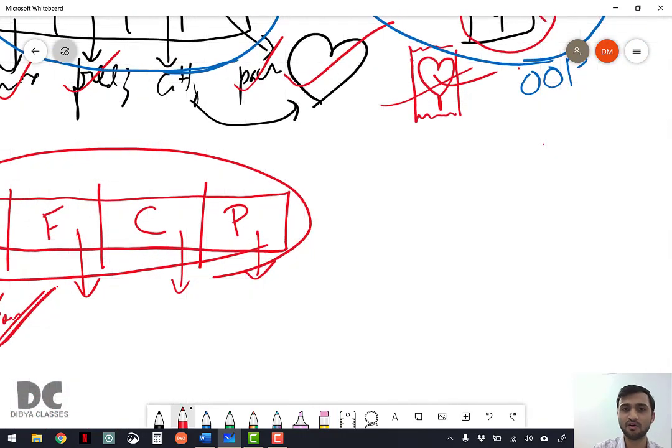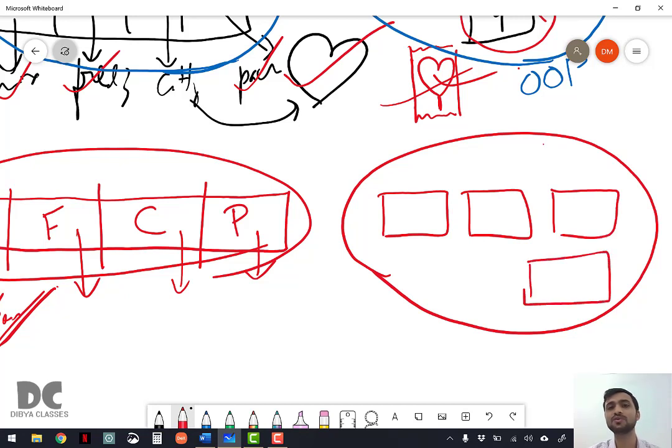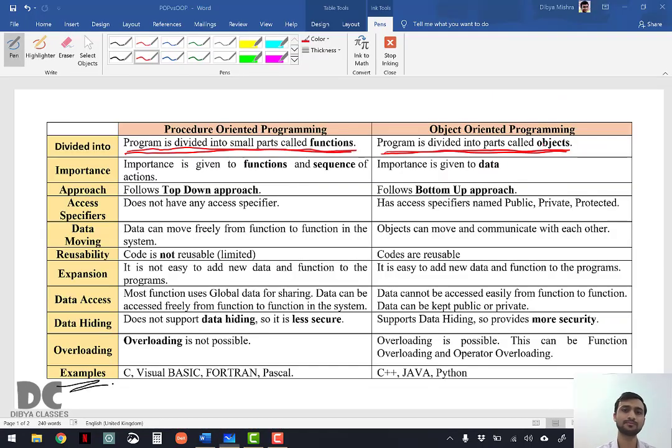And here the whole program, to create ice cream, is divided not into functions but into individual objects, and these objects are grouped together or combined together to do the particular task, that is creating ice cream.